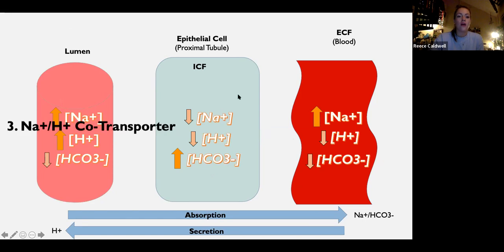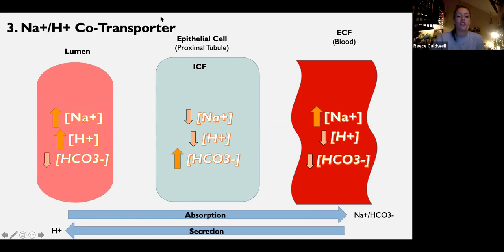So now let's go ahead and work with our sodium hydrogen co-transporter. So what we see here, and just a quick reminder, is co-transporters are a form of secondary active transporter. Anytime you see a co-transporter, it's a form of secondary active transport. And so let's determine whether it's a symport or an antiport. Those are our two types of secondary active transport. So we're going to open some type of channel here. And again, we're trying to move hydrogen